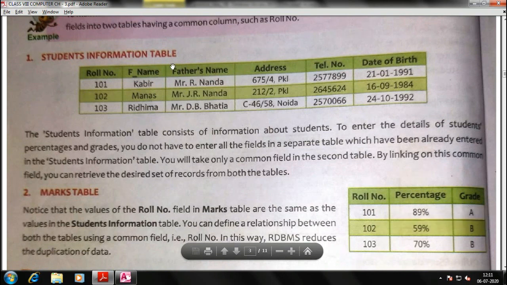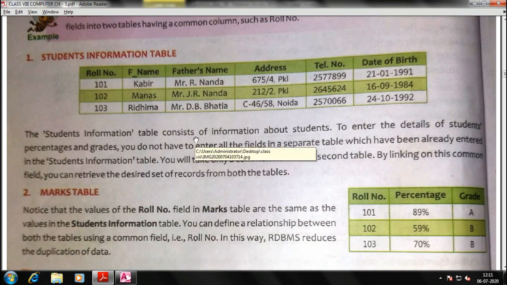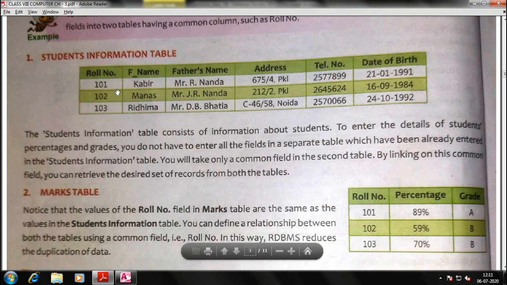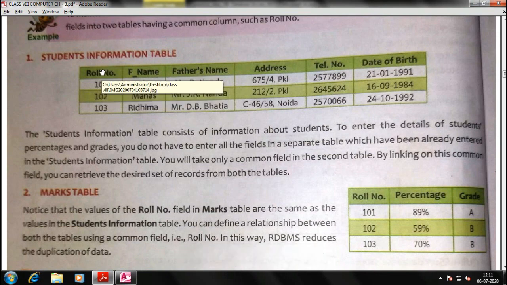Okay, so I think you got it, because these two tables are there and we have a common field that is roll number, so we'll be creating a relationship with the help of this column roll number. But how we'll do it practically, that I'll demonstrate. Okay, so now